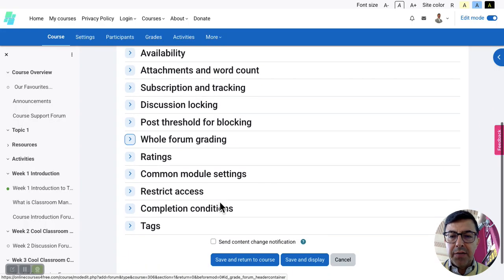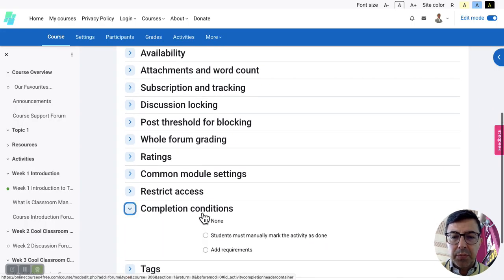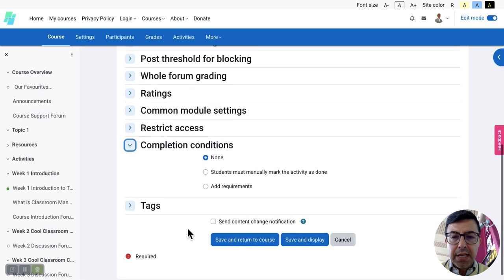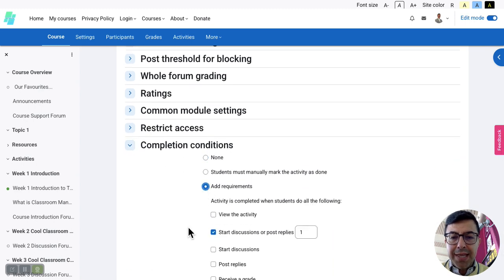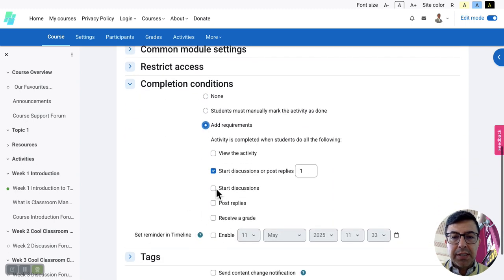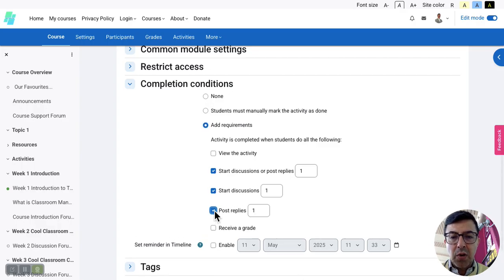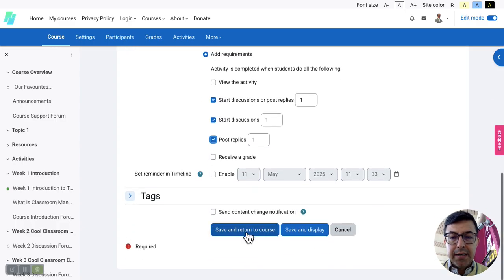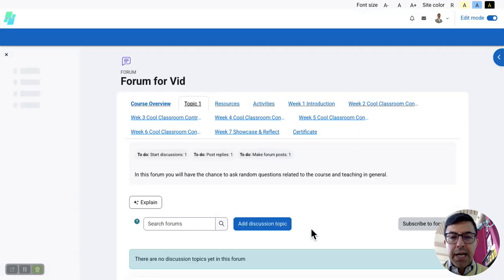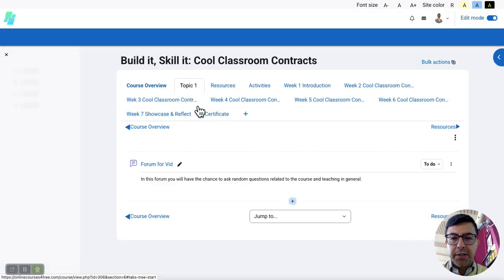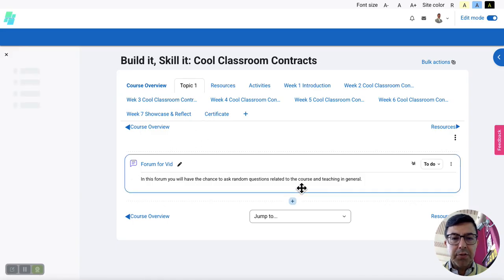Then for this forum, what I want is the completion conditions. I want to add a requirement. They need to start a discussion and post at least one reply. And then save and display so that we can see the forum. I can see that there's a forum here. If I click on the topic 1 at the top, I can see the forum and the description there,